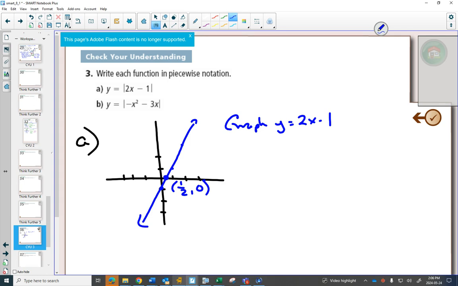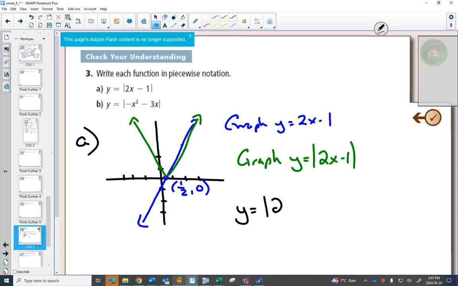On this same one, if I graph the absolute value of 2x minus 1, using the skills that we had before, this part stays the same, but the flip happens right at that x-intercept. And the key is figuring out where does it change? It changes at that x-intercept. So y equals